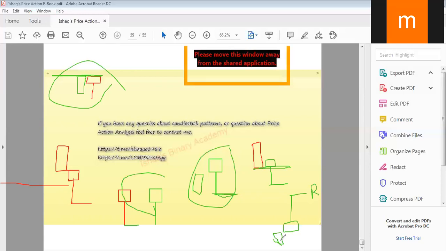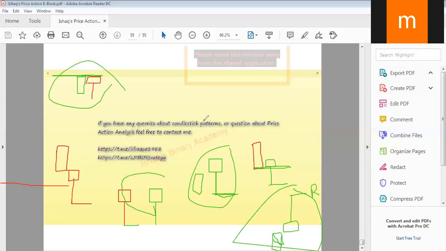So if you find this candle in the middle of the trend, in the middle of the uptrend, and the candle before is the same color, it suggests that there is no support level here. So this is the concept of each and every candlestick. Okay, brother, this is all about my ebook. I gave you an explanation of how you can read the ebook and apply it to the market. So follow the candles, follow the key levels, follow the trend.